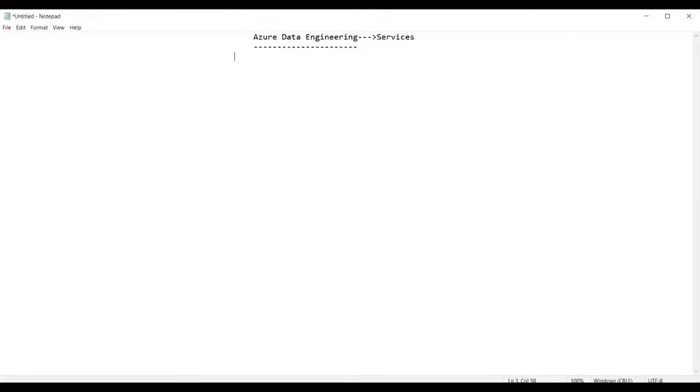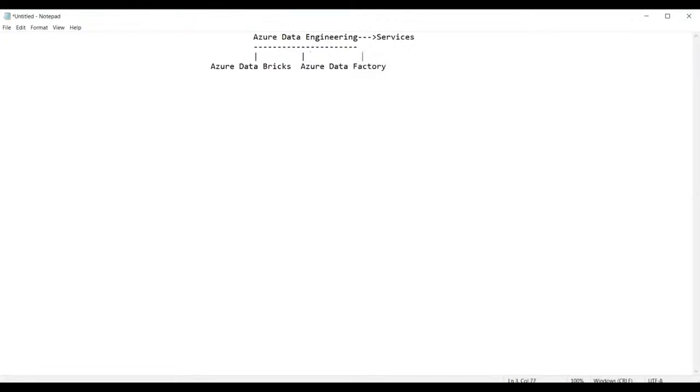Let us see what the first one is. We have Azure Databricks. Then we have the next one, Azure Data Factory.